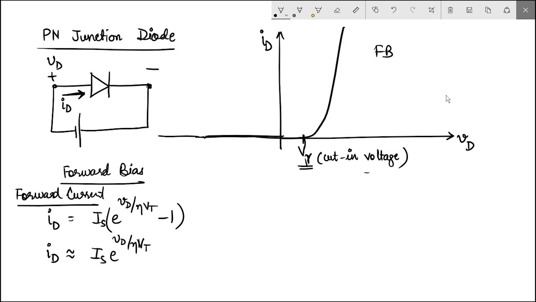In reverse bias, the current will be zero for a very long time, until there will be a point where the reverse voltage is so high that your covalent bonds are going to break. Then suddenly there will be a large amount of carriers of opposite polarity present, and a large amount of current will start flowing, but in the opposite direction. That is called breakdown voltage.